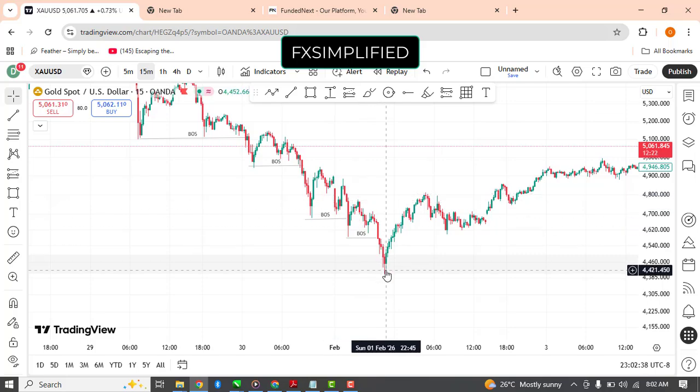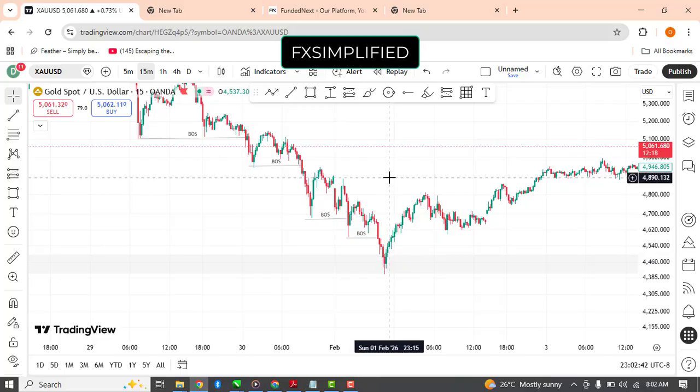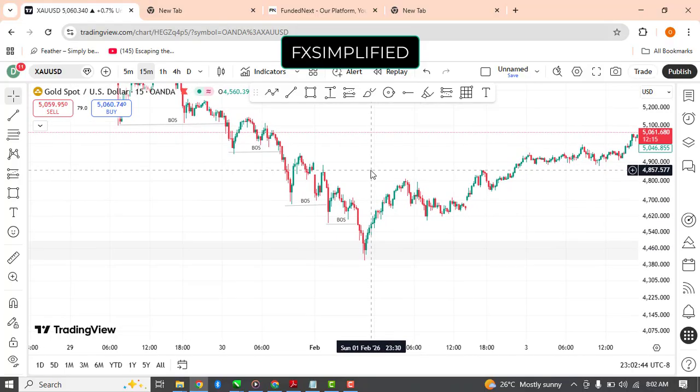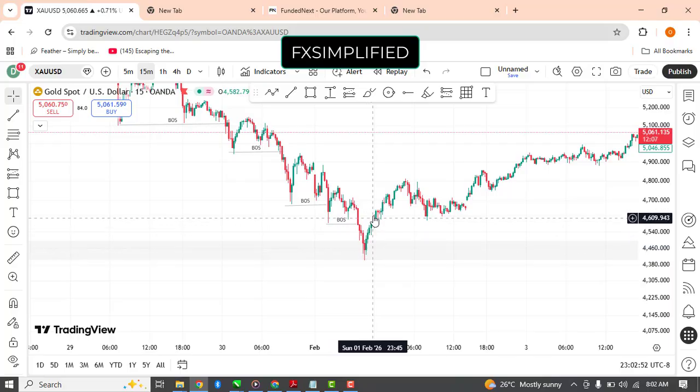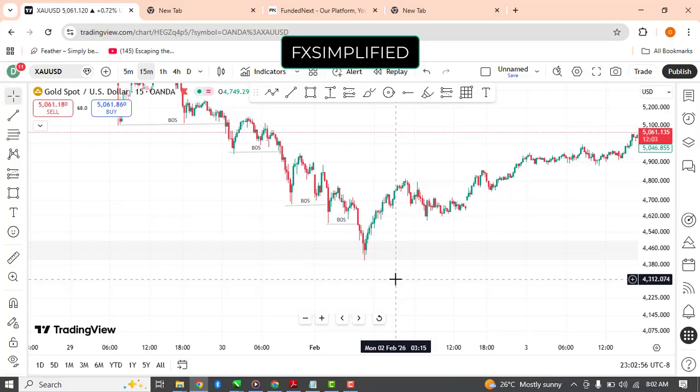Then price broke through this lower low again. This is how you actually follow the money. This is how I follow the money. Now when price creates a new lower low right here, price will likely want to create a lower high before it continues the lower low. But because the power of buyers has overthrown the sellers,